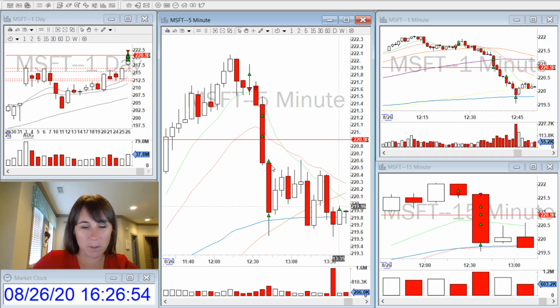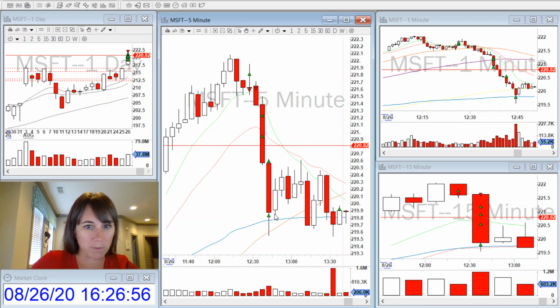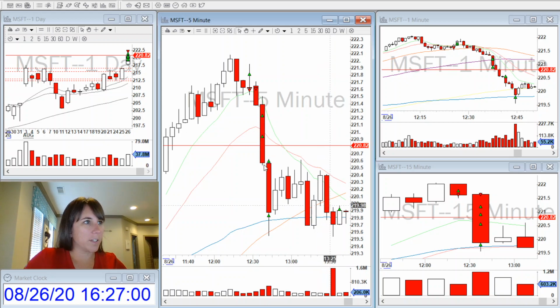It just seemed like it was very far away from the VWAP, and after this big move, I wanted to make sure that I took another partial, and there was a little indecision candle right here on the 1 minute. And then I exited most of my position at VWAP.